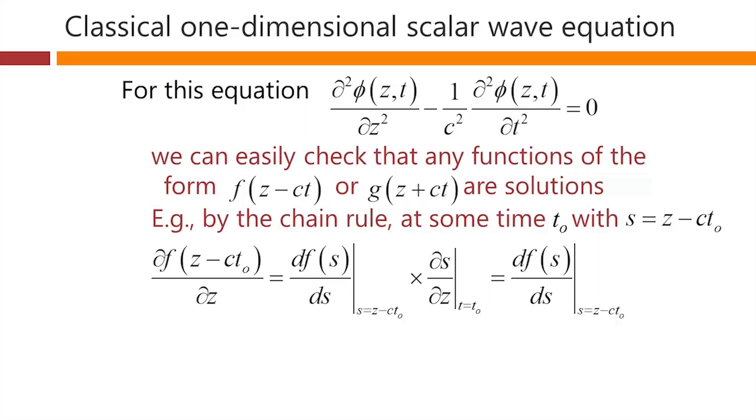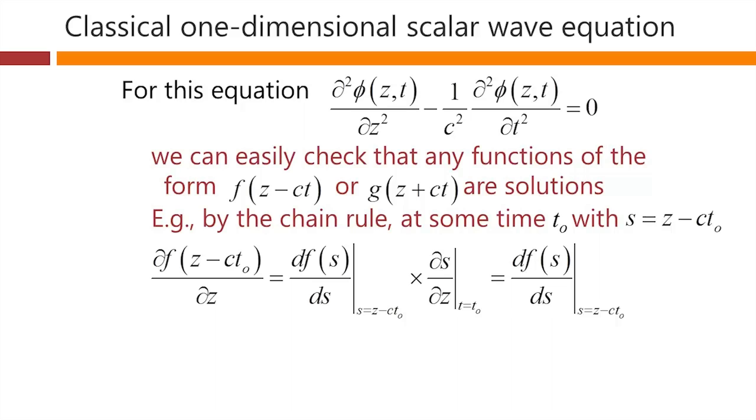So differentiating f of z minus ct0 by z, we use the chain rule formally, so that's df by ds at constant s. Notice this one is just an ordinary derivative because there's only one variable involved in this expression of the function. And that's evaluated at the point s equal to z minus ct0,